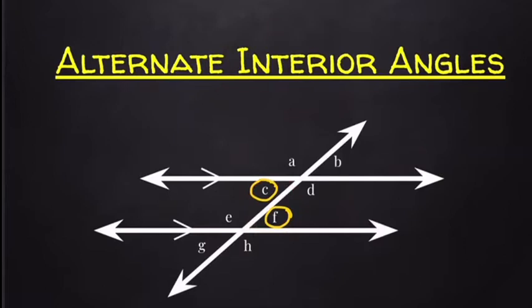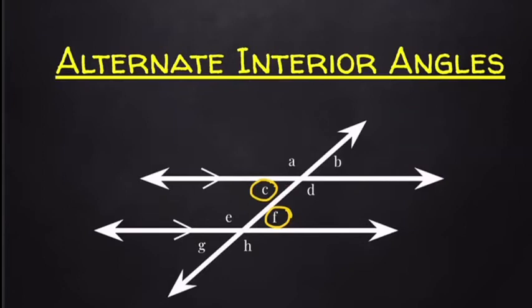Alternate 就是在 transversal line 分别在左边和右边相反的两个角。Interior 就是在 parallel lines 也就是平行线内部的两个角。所以在这个图里面 C 和 F 是 alternate interior angles，因为它们都在 transversal line 的分别左边和右边，并且在平行线的里边。